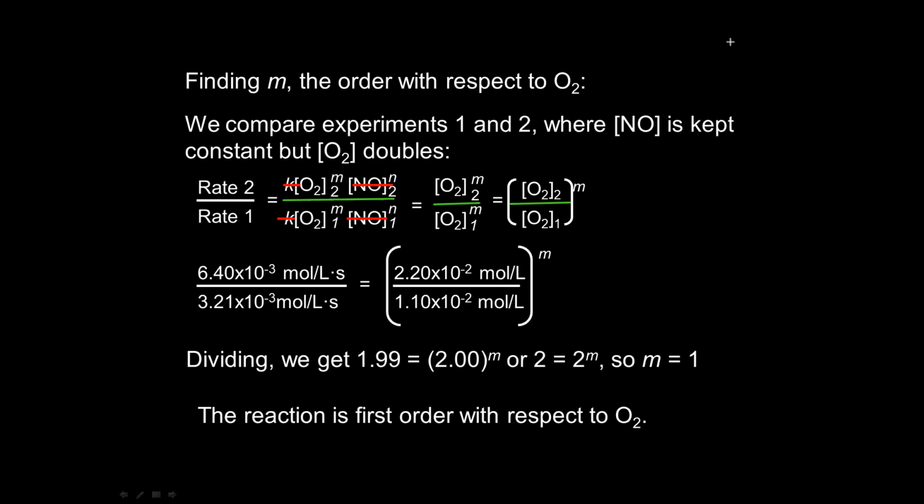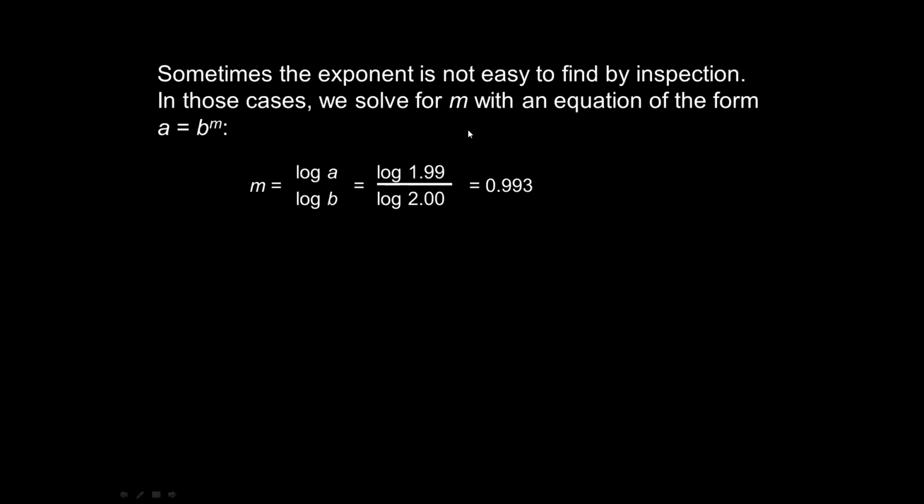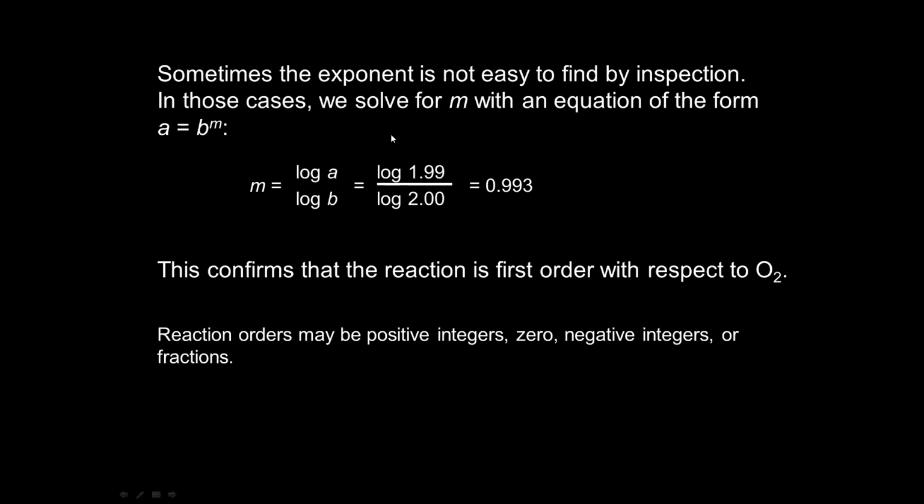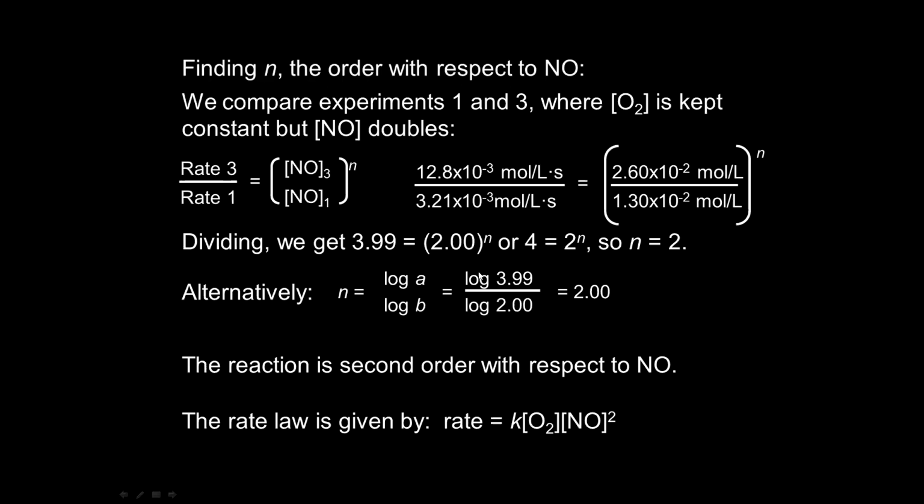For the second one, this actually comes out pretty easily. But you can just use the log button on your calculator to double check that you have first order with respect to O2. So you have log A divided by log B, which will come out to 0.993. Finding our